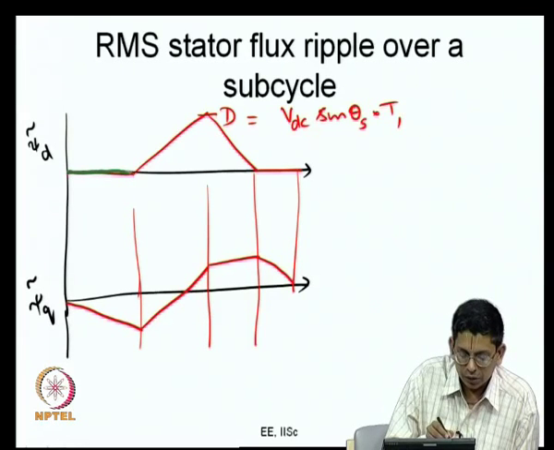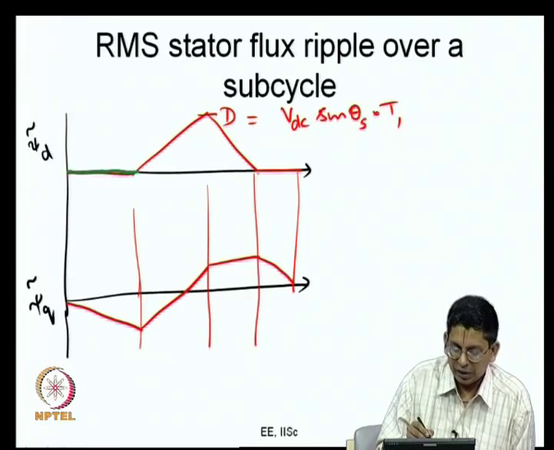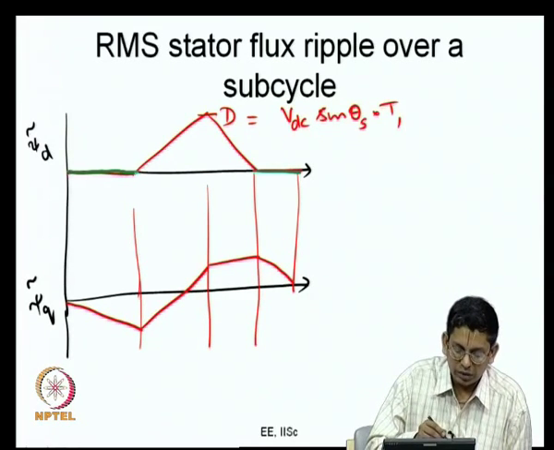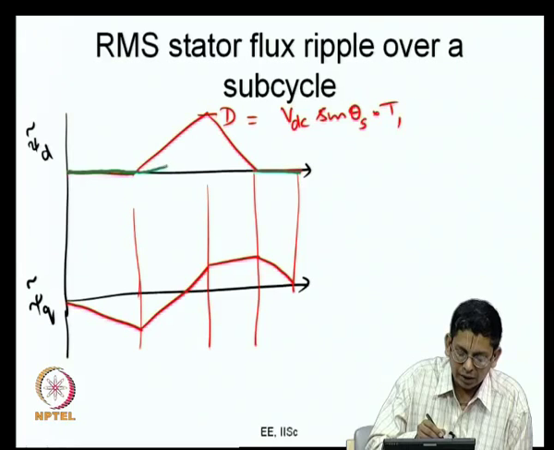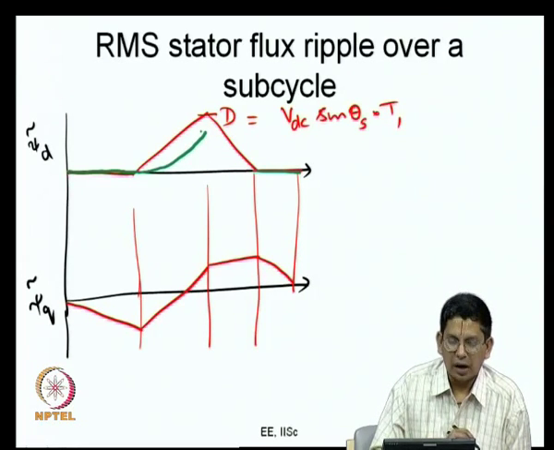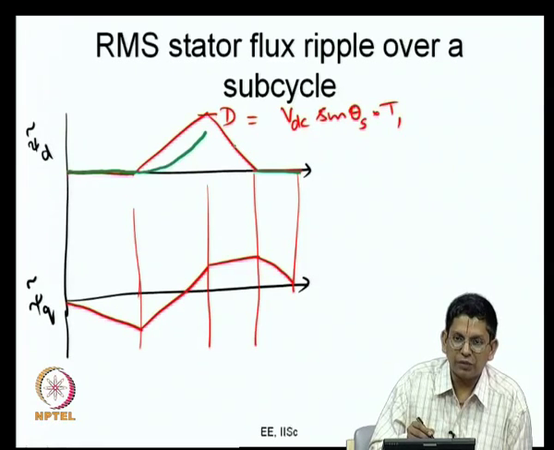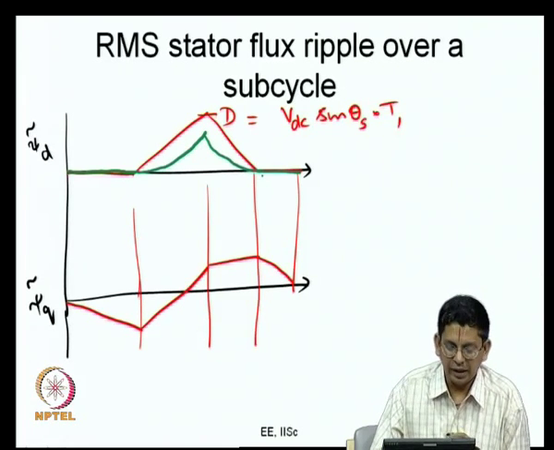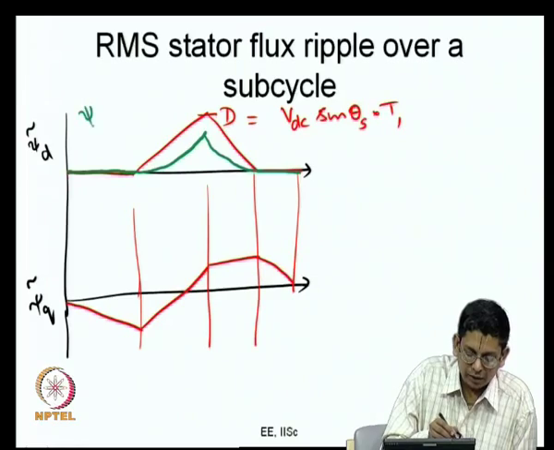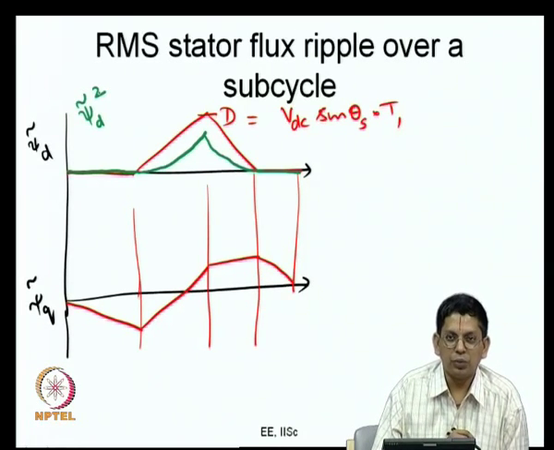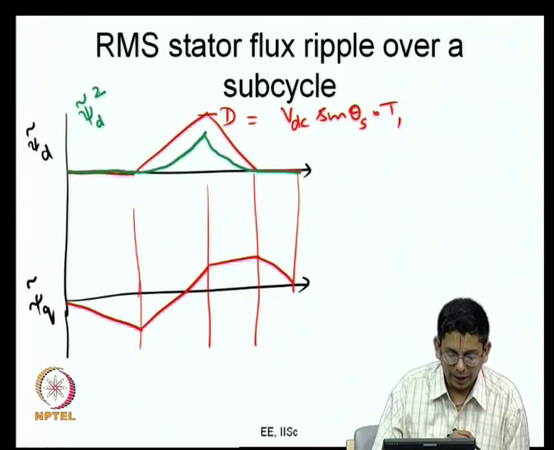Psi d tilde is 0 here, so when I square it, it is 0. Again it is 0 here, so when I square it, it is going to be 0. What happens in between? This is a straight line, whereas psi d tilde squared is going to vary like a parabola. Similarly, in the next interval it also varies linearly, so it will be a parabola like this. This would be the nature of psi d tilde squared. I am writing psi d tilde squared in green color ink, so that we know what I am doing now.